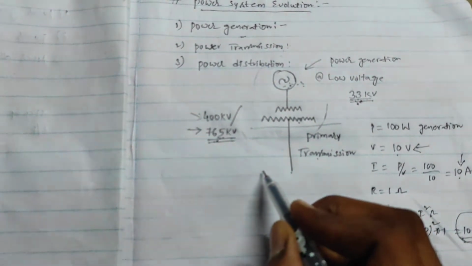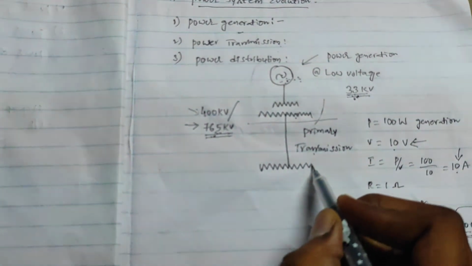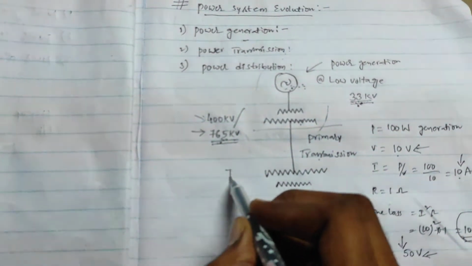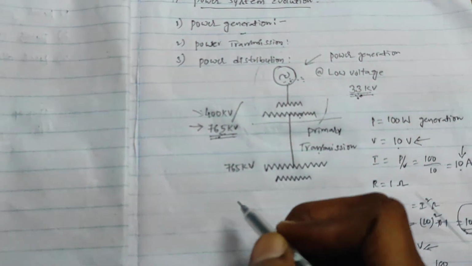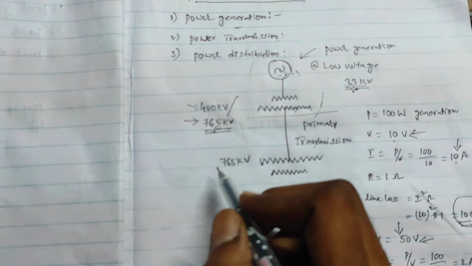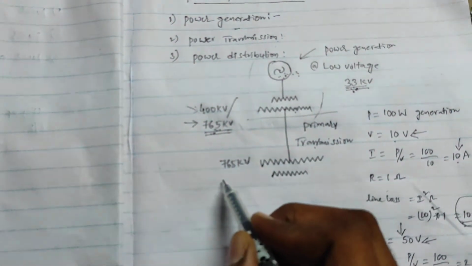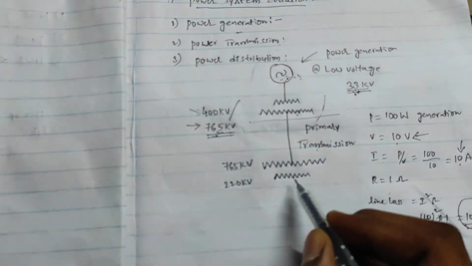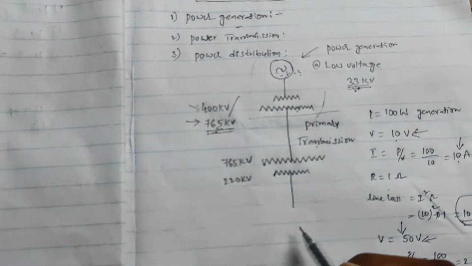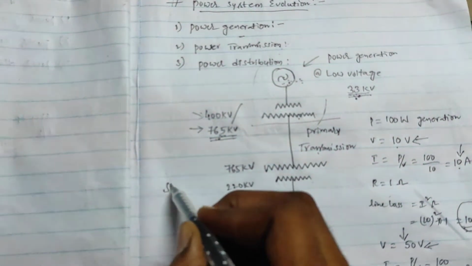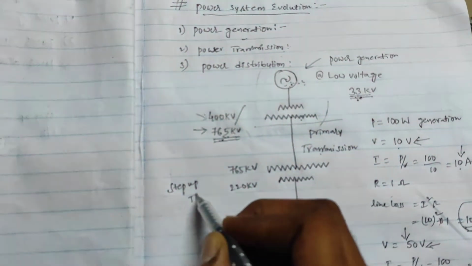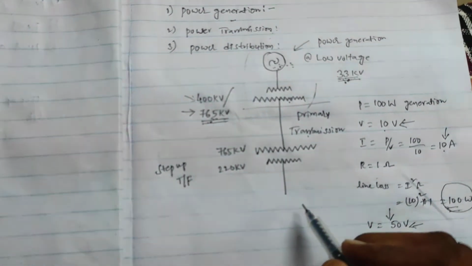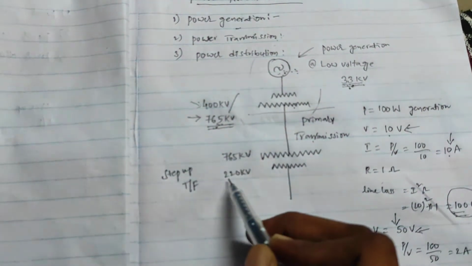Let's suppose this is high voltage power that will be stepped down to reasonable voltages. For example, this is at 765 kV. Now I would like to step down this voltage to say 220 kV. So I'll use a step down transformer here. And the reason behind stepping down that voltage from very high value 765 to 220 kV is,